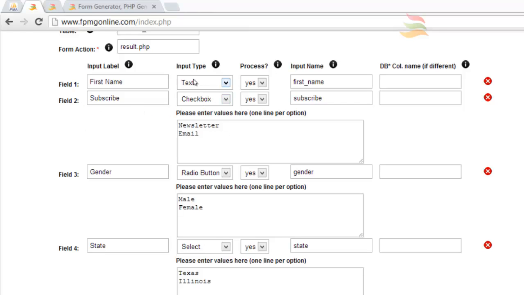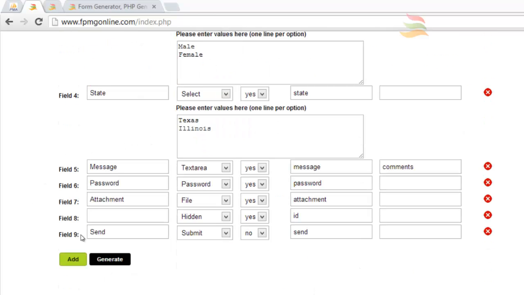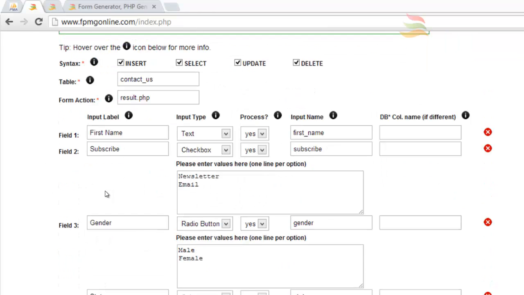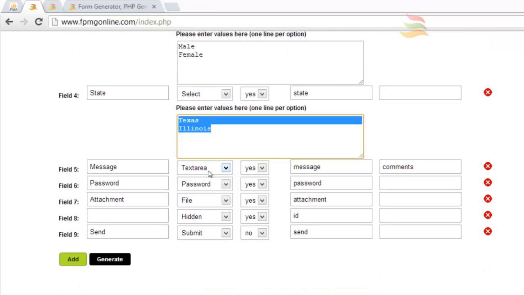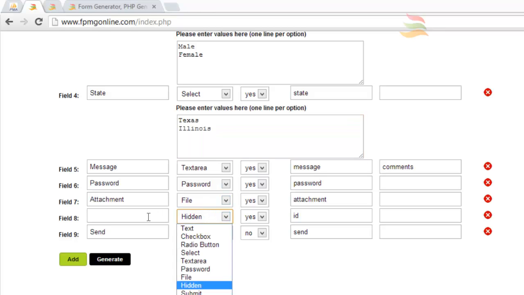So here it is. I have selected the type of input element that I want to generate. Here we have about 1, 2, 3, 4, 5, 6, 7, 8, 9. Okay, I have created 9 fields, and I have given values to each of them. I want to generate a checkbox with a couple of options, a radio button for the gender, state with a couple of options. Message is a text area, password, attachment, file, and hidden input element does not need a label